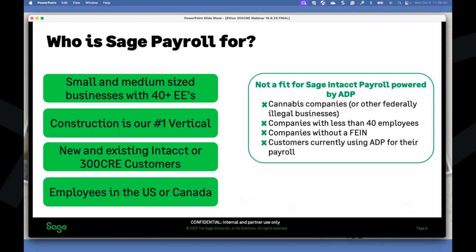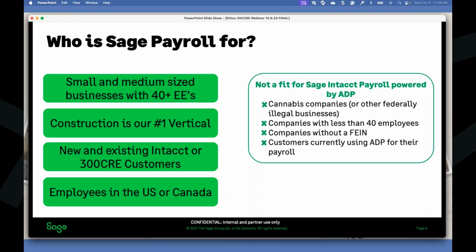So if you were fit for everyone, you'd be a fit for no one. So there are some prerequisites of this. On the payroll side, it is a PEPM model, which I'll get into pricing in a minute. But because of that, there are minimums of employee counts to move into this. So it's a small and medium go-to-market strategy, but really 40 employees is the floor. And the ceiling that we can go up to, I mean, we just brought on a group that had 3,000 employees last month, but generally 40 employees up to 1,000 is really the sweet spot.